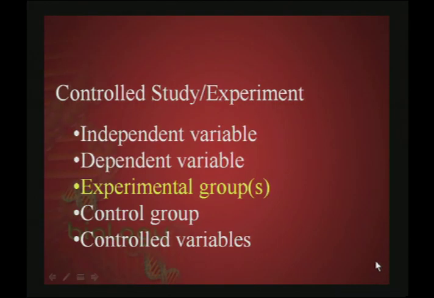Okay, so again, in addition to having independent and dependent variables, you also will need to have at least two groups. One would be the experimental group, and the experimental group is going to be exposed to your independent variable, and then a control group in which you withhold the experimental variable. Now, the importance of that, again, we'll see in a few minutes, but basically it's to have a comparison so that you can see what happens when you have your independent variable and what happens if that is not present.